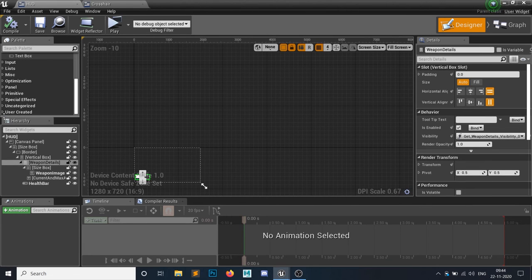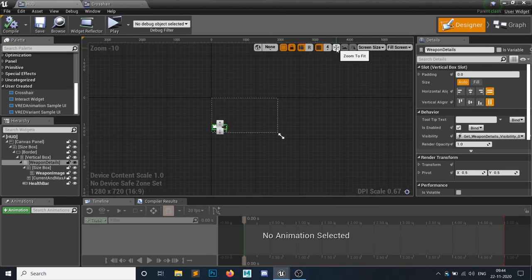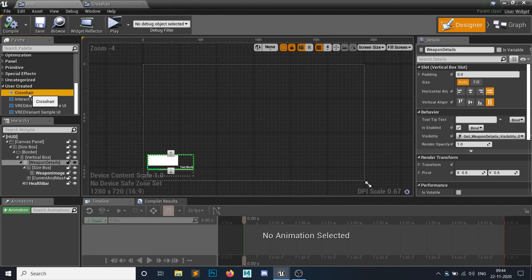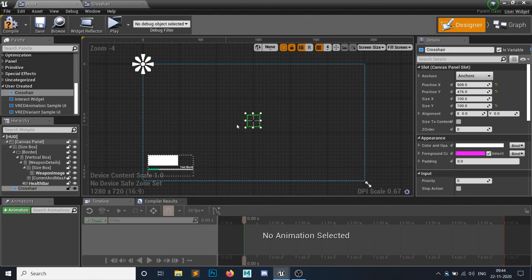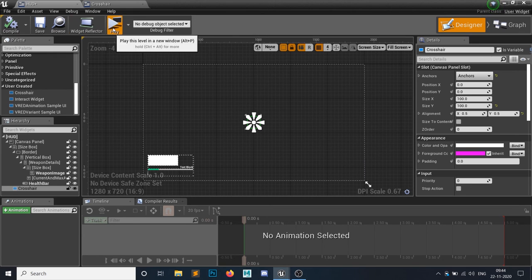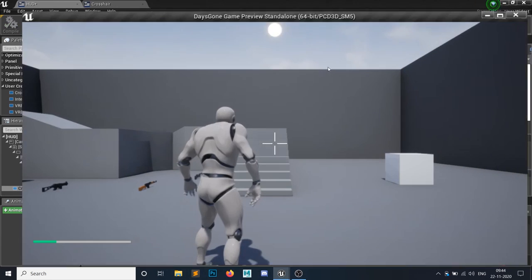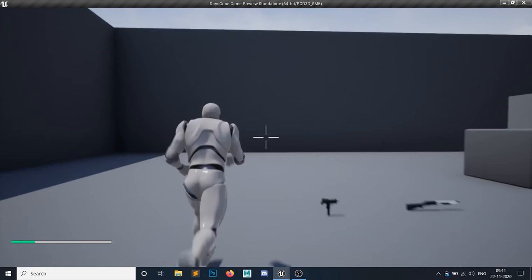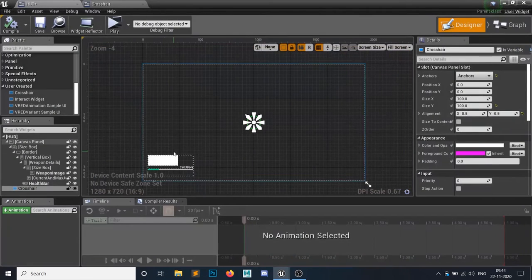If I go into this HUD and user created, you will find a new crosshair. Just add it to the center and make the anchor points center. Let's position it to center comma center, and alignment would be 0.5 comma 0.5, so it is actually in the center. As you can see, now I have a nice little crosshair which is so big.